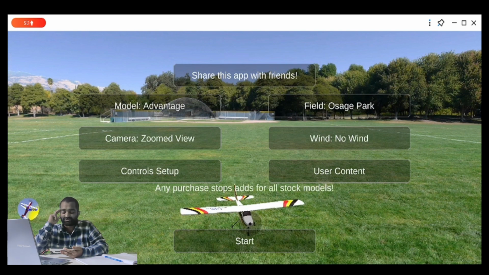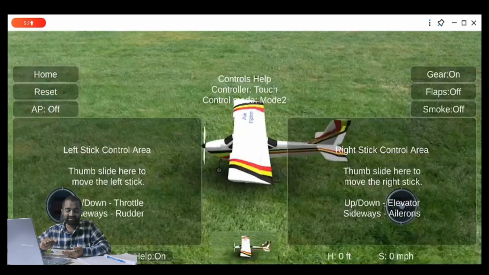This is the first user interface when you open your app. See, "share this app with your friends," that's the app manufacturer's message. Okay, model advantages, that is another option. There are 6 options in this UI, and there is a start button in the down middle, and if you click the start button,